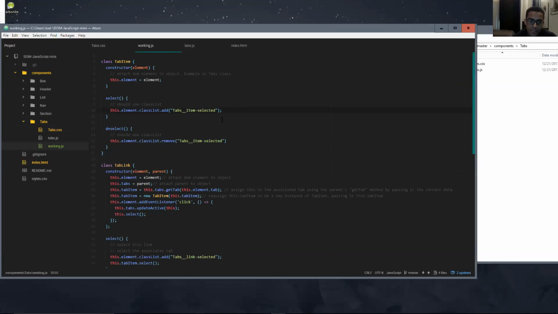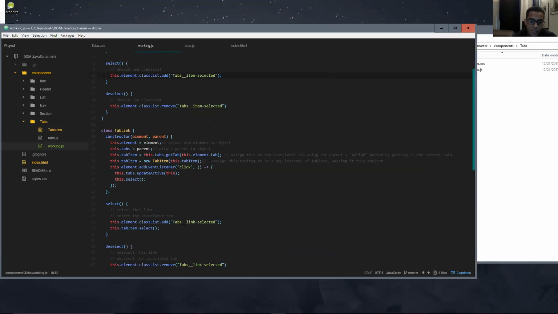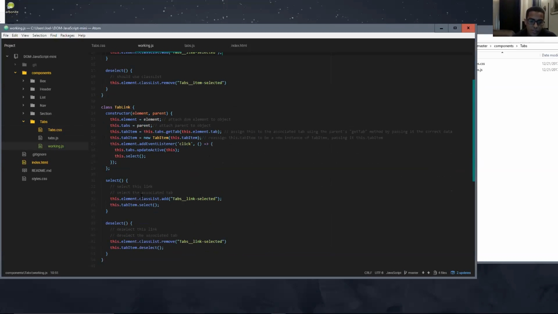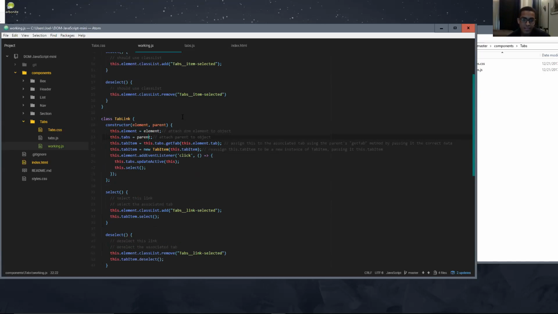So I have these, and then scroll down. It's sort of the same thing, except they ask for more. I'm giving a very vague explanation, I know, but it's because I'm not 100% sure, but it's from what I remember. And same thing: this element's element, attach parent to object, make this equal parent. This is what I'm iffy about. So if anyone has anything,